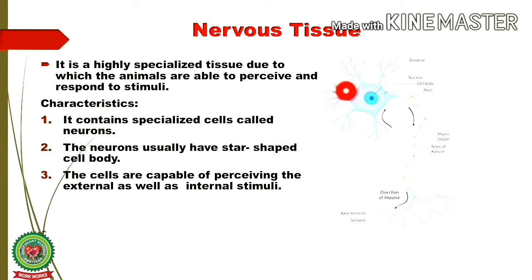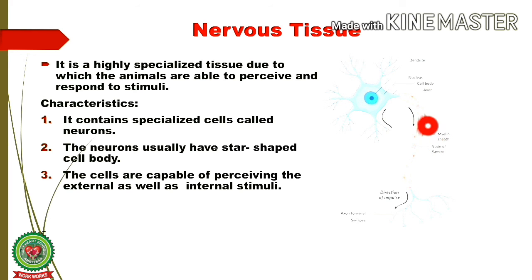The cyton has one to many highly branched projections. The cyton or cell body is covered by simple plasma membrane. Bounded by the plasma membrane is the ground substance called neuroplasm. It has single nucleus in the center. Here you can see it is nucleus. The projections which arise from the cell body are of two types. First is dendrites or dendrons, which are one to many highly branched small projections. They carry messages towards the cell body.